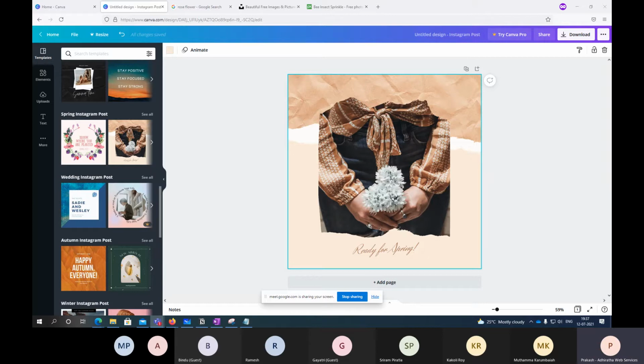So one thing is you can learn Photoshop. For that, you need to have a good system, right? You cannot install it on some laptop with 4 GB RAM or something. It will perform very slowly. So you should have a decent system with good RAM, a good processor and all. Then you can use Photoshop and Illustrator, and start editing things in a slightly more advanced way. I'm not saying it is not basic. It is a basic thing, but using Canva, you can achieve the same professional output without installing anything, from the browser itself, right? What you guys are learning right now, you need not have a high-end laptop or system for that.